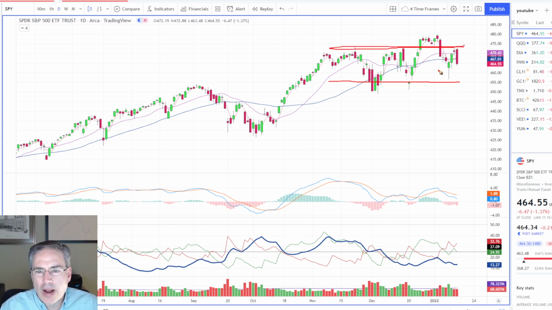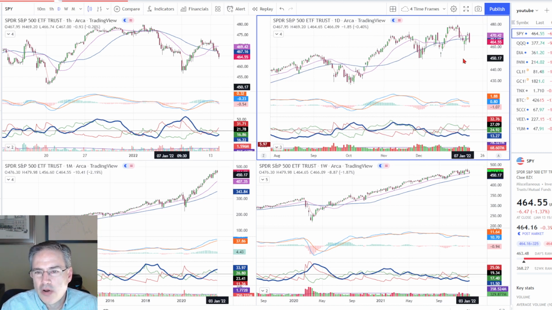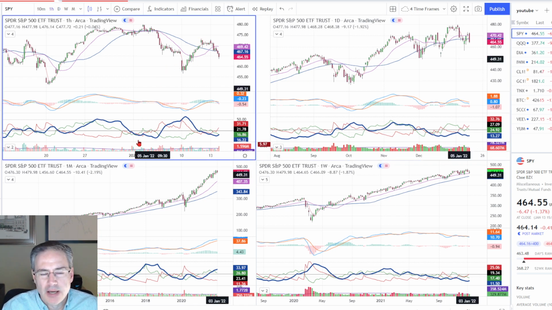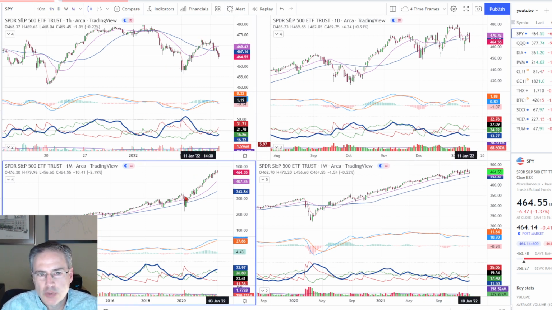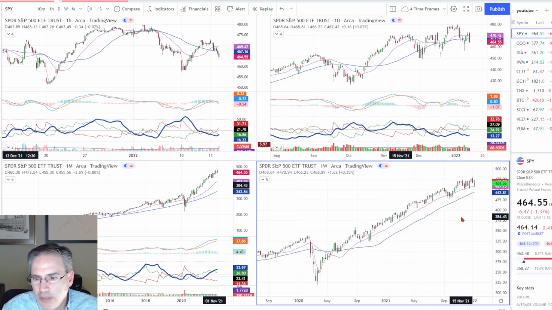I don't know that we're going to come down and break down to the downside in this pattern, but we're probably going to come down and test these lows, is what it looks like to me. So I wanted to make sure I covered at least the daily on the Spider as well. We did have that same reversal pattern. It wasn't quite as clean as it was in the Qs, and that's why you kind of want to watch at least a couple different indexes to be able to find which one looks like it has the most attractive pattern. So anyway, we want to keep an eye on the 18-week,